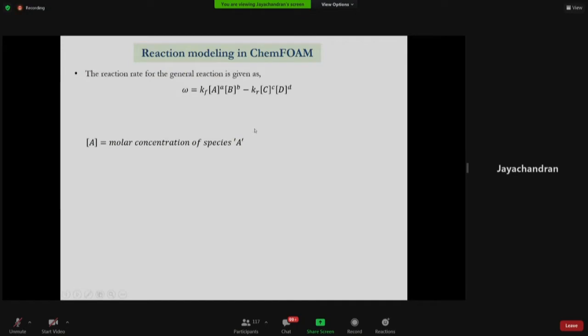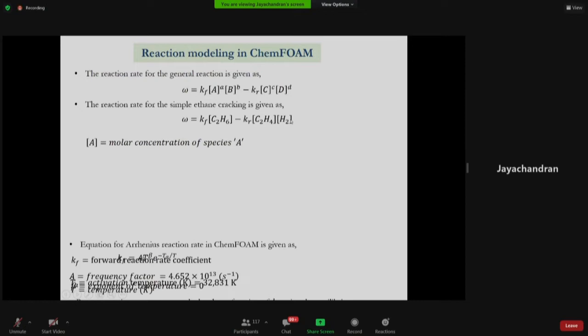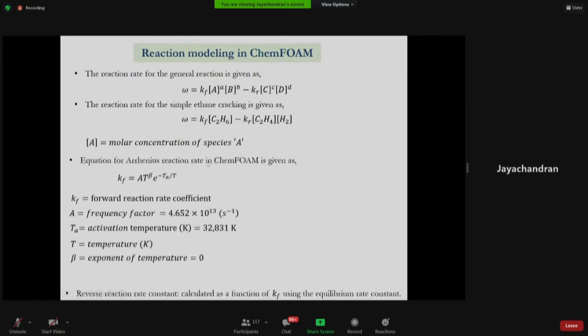So in our case, for the simple ethane reaction, we will have the reaction rate Kf times [C2H6], which is a reactant, minus Kr times [C2H4] times [H2], because the stoichiometric coefficients are all 1. And this is basically assuming an elementary reaction. Most of the cases, it will not be an elementary reaction. So for different orders of reaction, these powers will change. I will not go into details of that, which is again a vast topic. So we will just assume it for an elementary reaction. So this is the Arrhenius reaction equation.